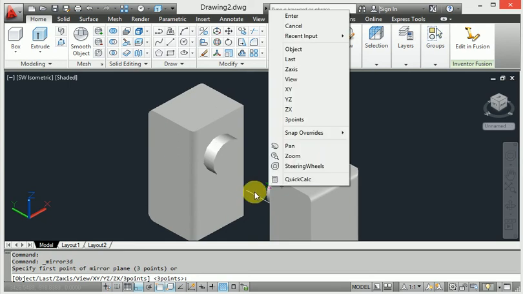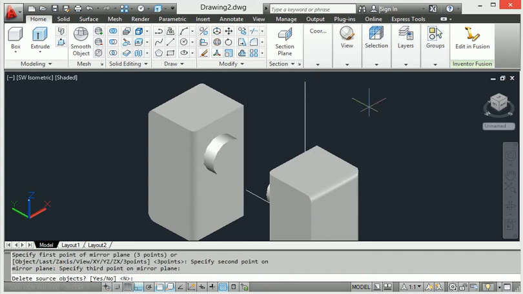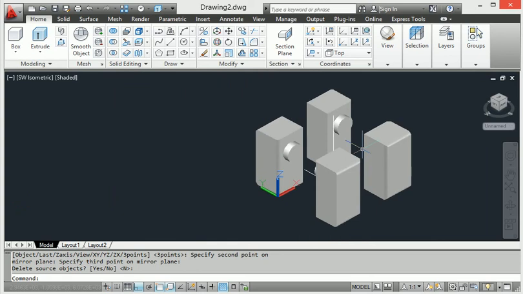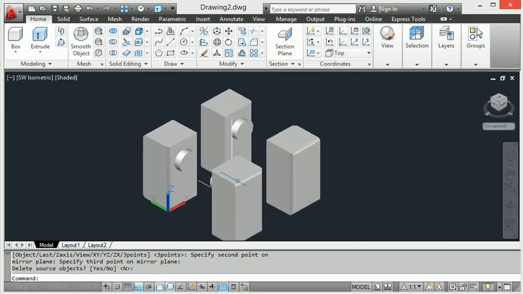When I select this single point and also click this point, and again go to top view, then after Enter, look at this: the same diagram has been mirrored to 4 sides according to these 3 points and this line.